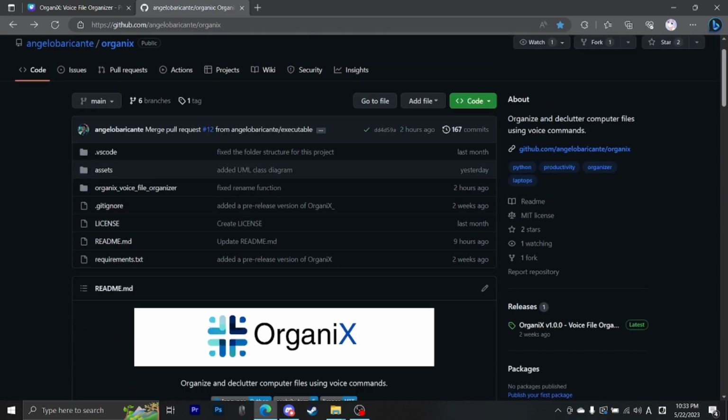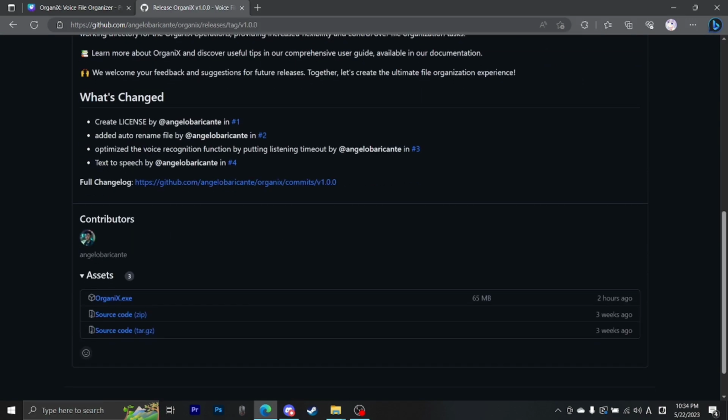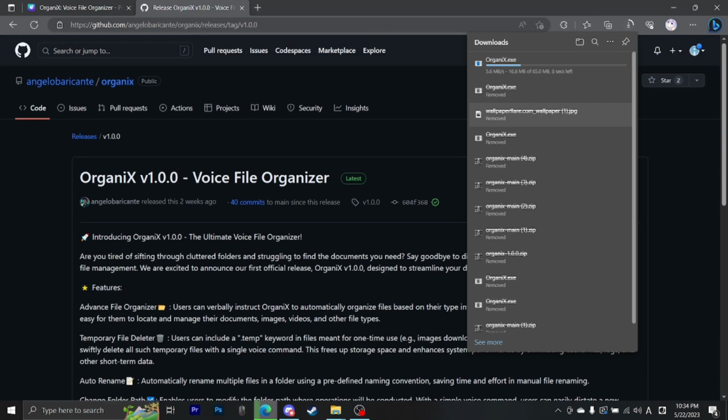We're going to take a look at releases here at the bottom right. It shows OrganiX version 1.0.0, and click that, and then we could just click here on the organix.exe on the assets panel, and it will automatically download the file